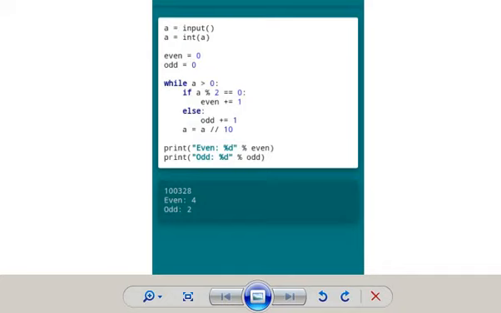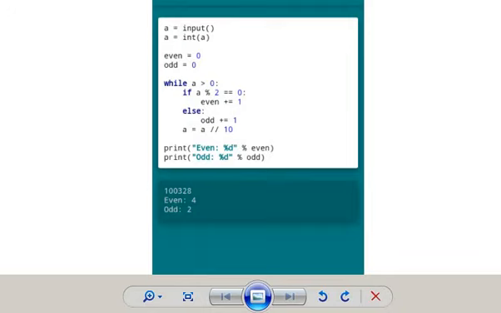Is this a program where you read any number, and in that number how many even and how many odd digits there are? You read any particular number, and in that number how many even numbers and how many odd numbers are there. That is the count of even and count of odd in any number. So you make some necessary changes in this, and you can try a few programs.